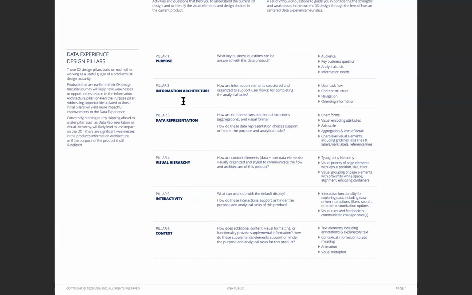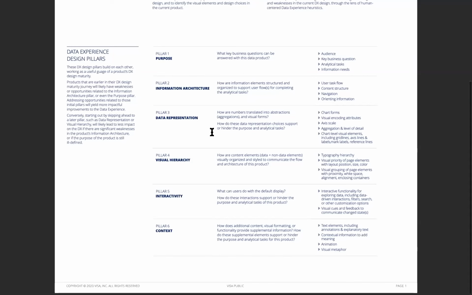Then we move on to information architecture, which is really thinking about the steps the user takes to answer that question, but also the structural elements of your design. And then the data representation is really what most people that come to us looking for feedback usually are expecting to get feedback on.